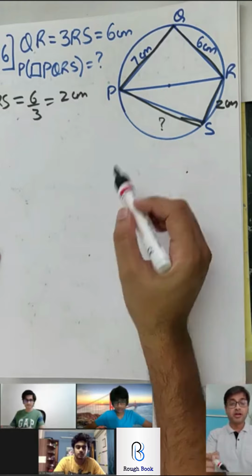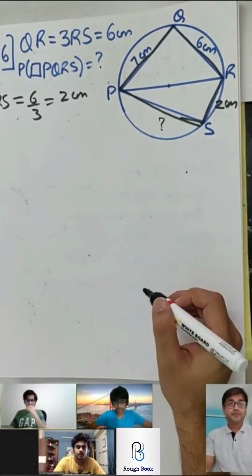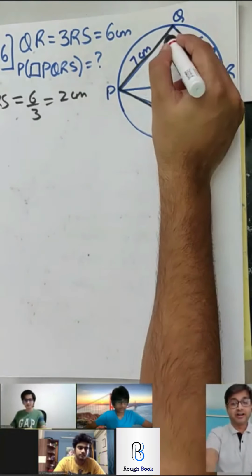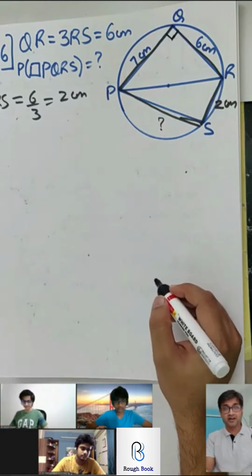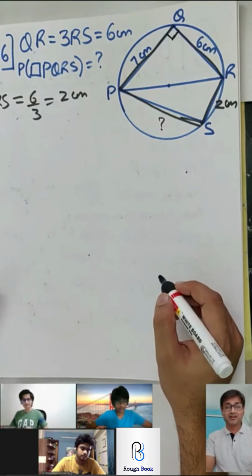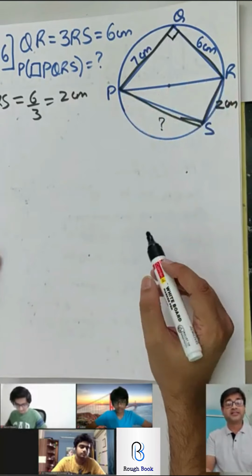The correct statement would be, come on guys, do you know it? Okay, angle PQR, that's perfect, will be 90 degrees because angle... Yes, but why 90? Yes, angle formed in a semicircle is a right angle. Wow, the viewers know it. That's good, guys. So it says angle formed in a semicircle is a right angle.